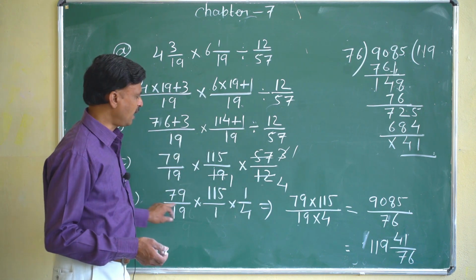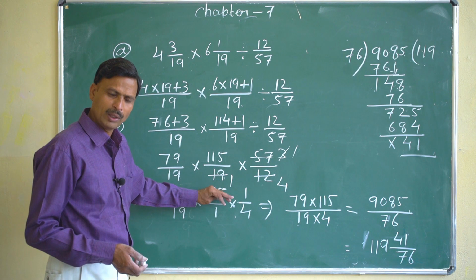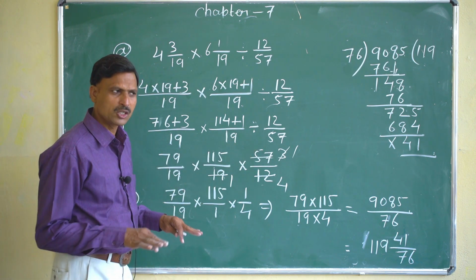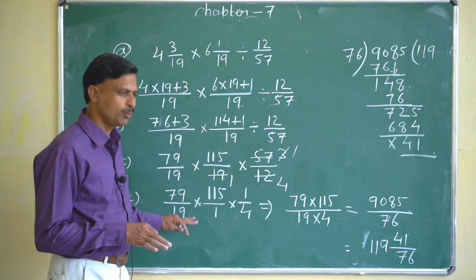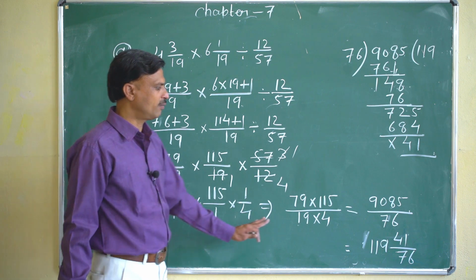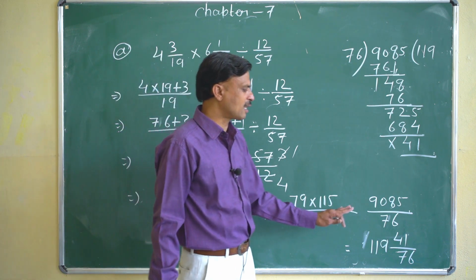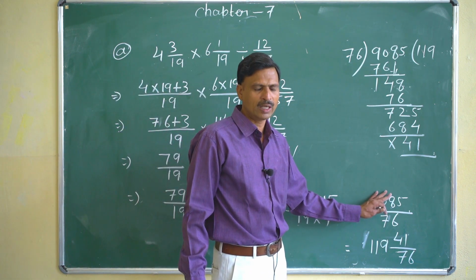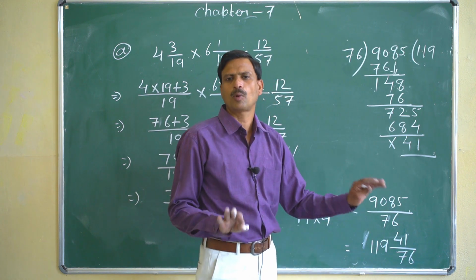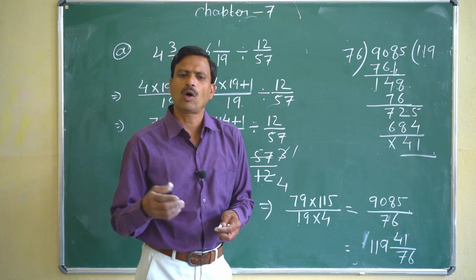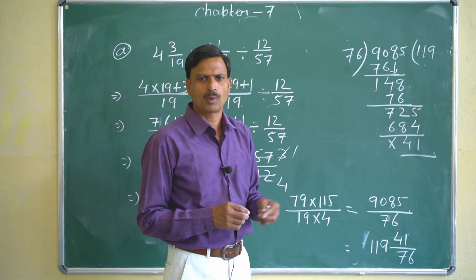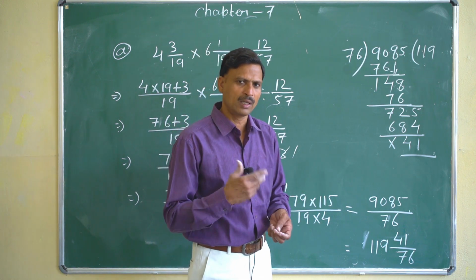Then we'll see if there is any cancellation in numerator and denominator, so we'll cancel it first, then there will be no cancellation, no common number which divides the numerator and denominator. We'll multiply the numerator with the numerator, denominator with the denominator. In case it is coming as an improper fraction, we can convert it into mixed also, so this will be the answer. So this process you have to remember, all questions are almost the same type. Okay, it's a process. One more question I am taking, then you can understand.